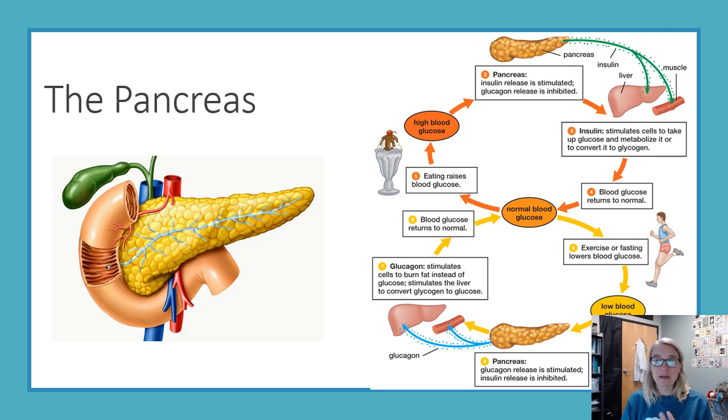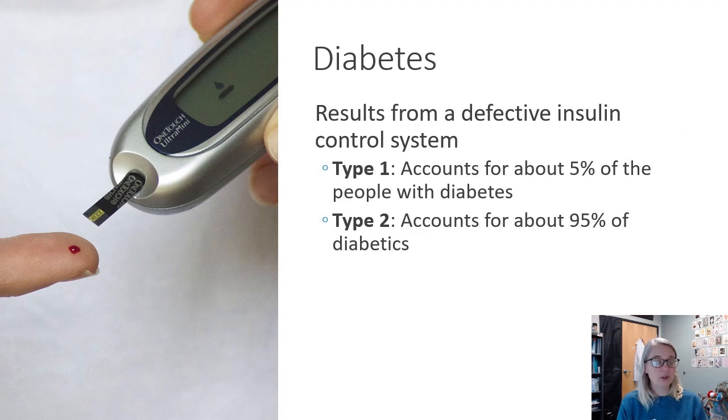So throughout the day, whether we're eating, whether we're fasting, whether we're sleeping, we can rely on these hormones, insulin for high blood glucose to get it back down, and glucagon for low glucose to get it back up, to help us maintain our normal blood glucose levels. Now, you may know, this could be you or somebody that you know has a disorder of the pancreas called diabetes. So this is a defective insulin control system. So your pancreas isn't doing what it's supposed to do, which means your blood glucose levels are not maintaining homeostasis. And so you could have these big swings of blood glucose too high or too low, and that's really damaging. It could be deadly even, or deteriorating for your nervous system, for your cardiovascular system, for your kidneys.